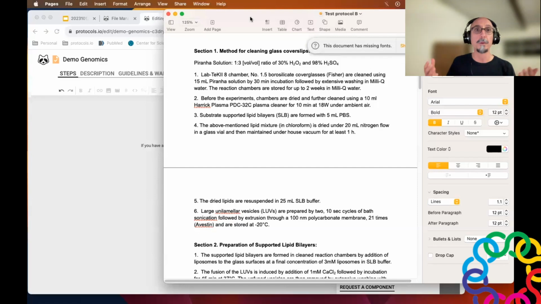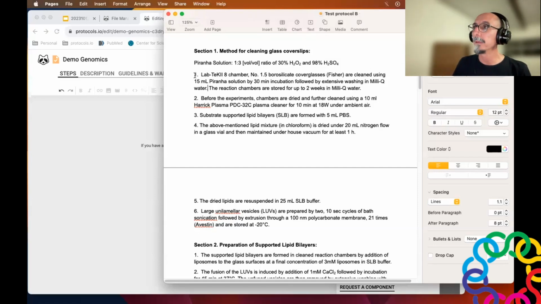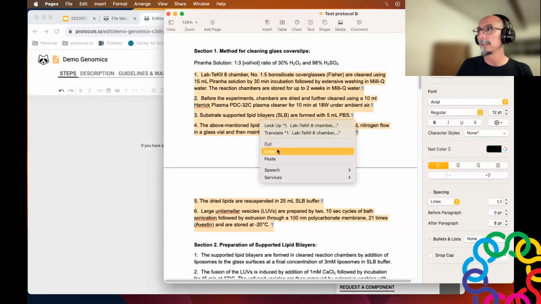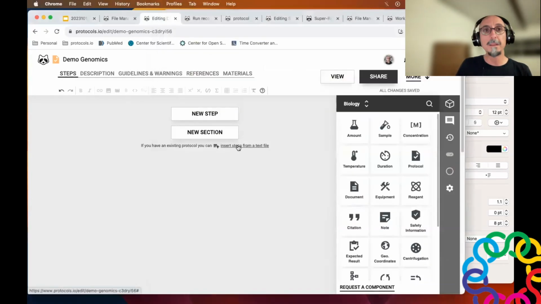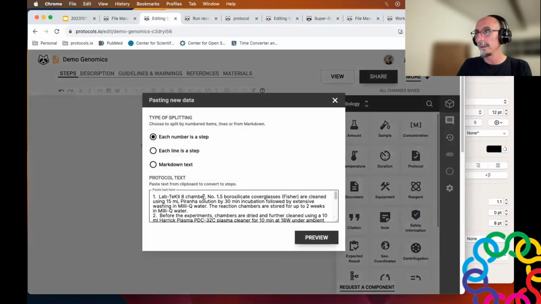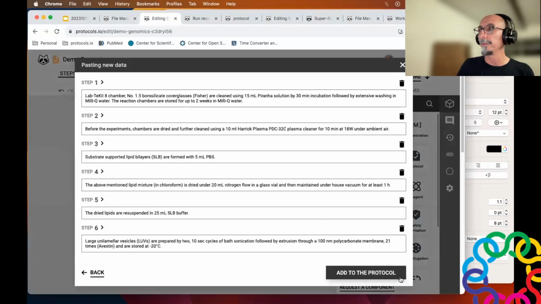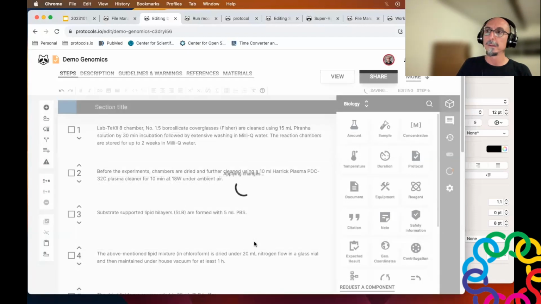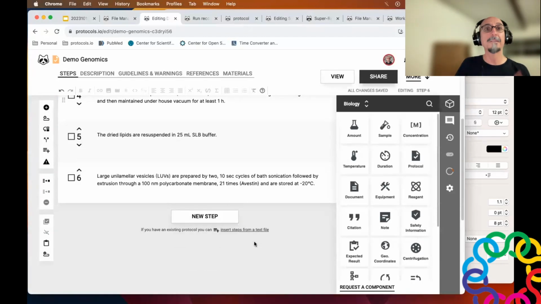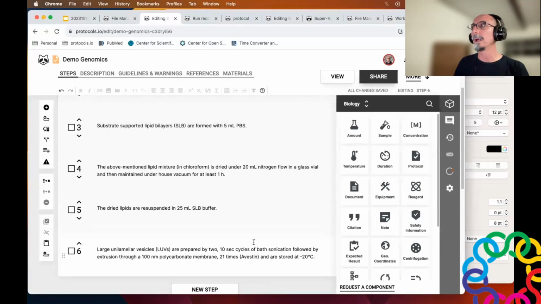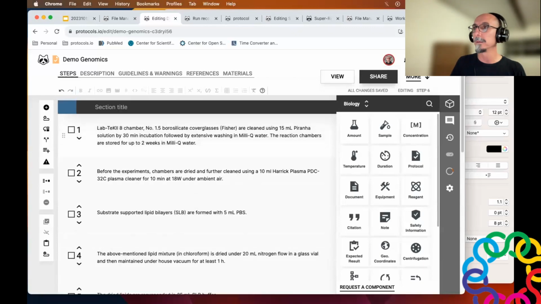So the easiest way for me to create a dynamic and interactive protocol is to copy the steps that I want to create, select this function, insert the steps from a text file. I can paste them, preview them. And now I have created steps in the protocol out of a text document.